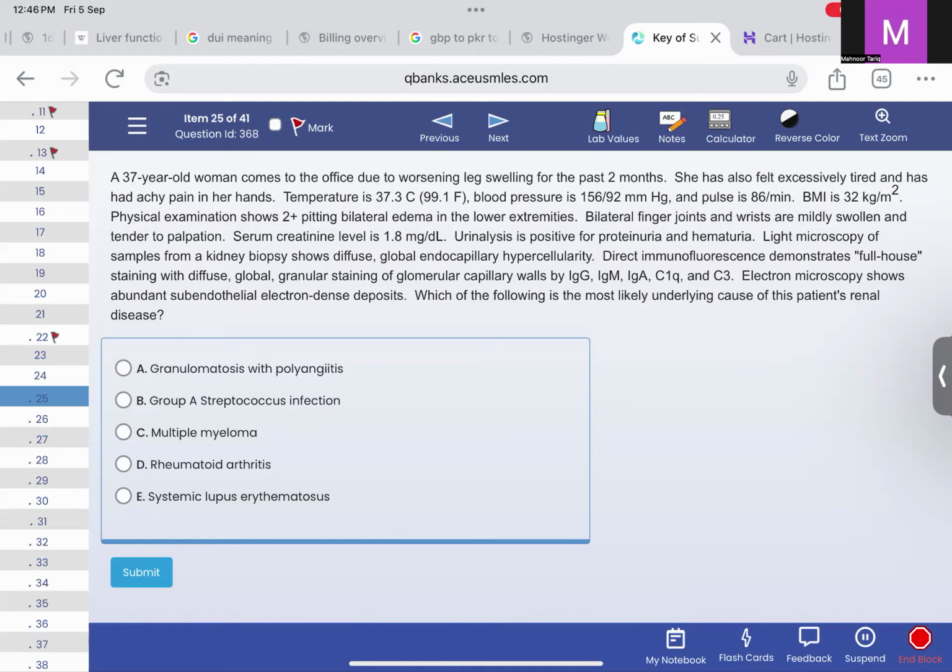Light microscopy samples from a kidney biopsy show diffuse global endocapillary hypercellularity. Direct immunofluorescence demonstrates full house staining, diffuse global granular staining of IgG, IgM, IgA, C1q, C3. Electron microscopy shows subendothelial electron dense deposits. Which of the following is the most likely underlying cause of this patient's renal disease? So what are the findings